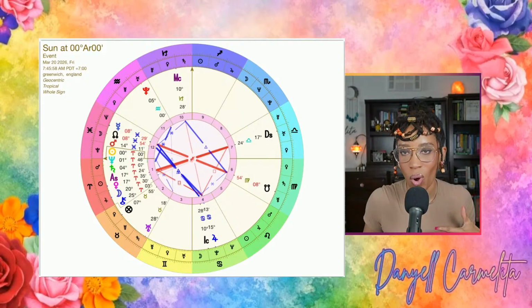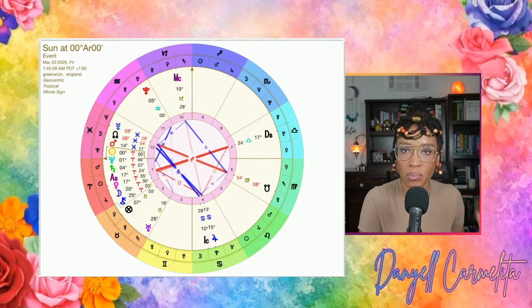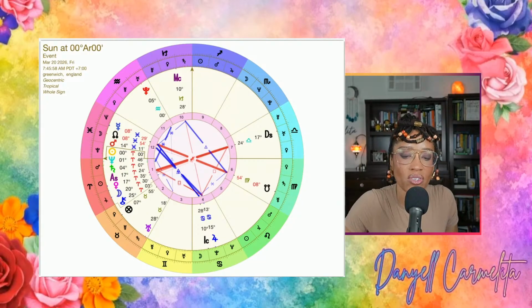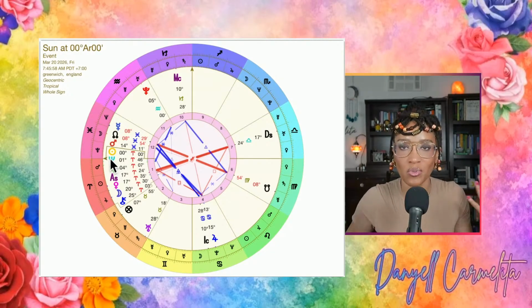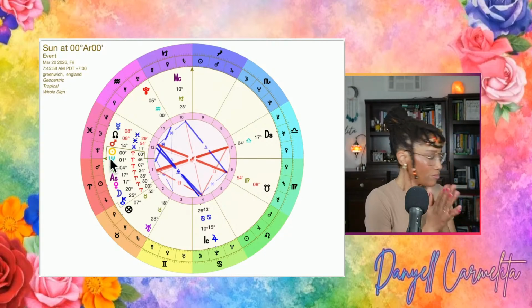If you are in my paywall, if you are a part of my community, I even go more detailed. I explain it hopefully in more simpler terms. I have things written down. I have a lot of predictions with that too on my paywall. So a lot of things I've already discussed with Saturn conjunct Neptune. This is a 36-year cycle. And what happens is this is not just the spring equinox, but this year also represents